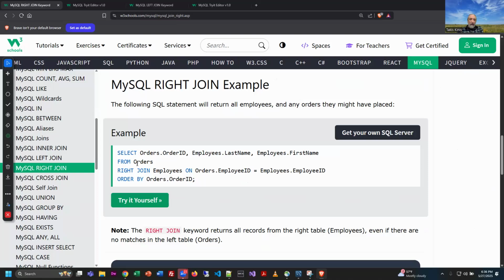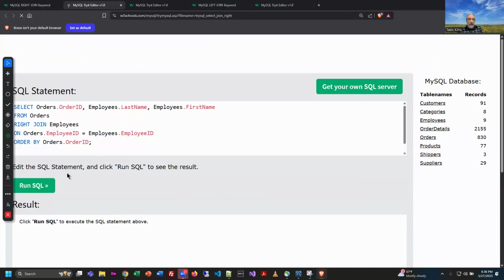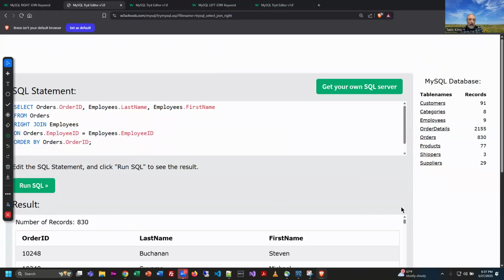If you remember, we were looking at the left join and it had multiple listings for each person. This one is orders and employees, right? And we're doing a right join where the employee IDs are equivalent. So in other words, this must be the person who made the sale, I'm guessing, or the salesperson or the rep or whatever. So let's just run this and then take a look at the output